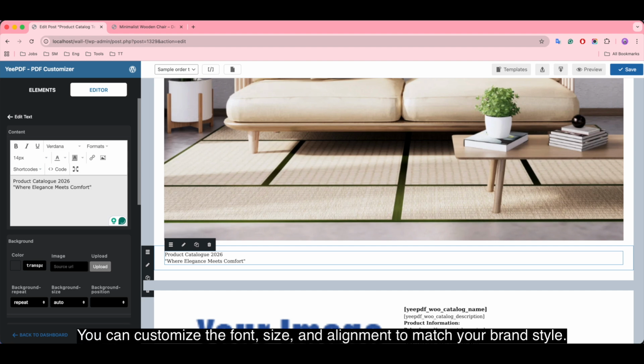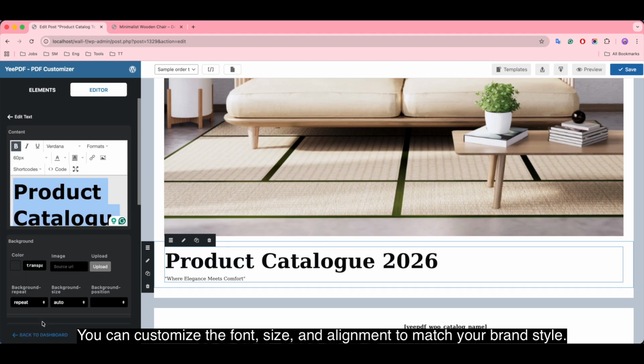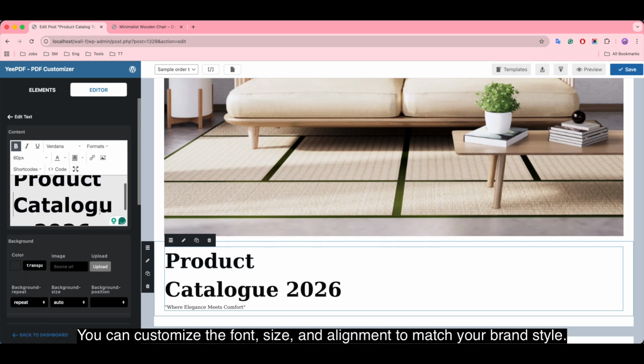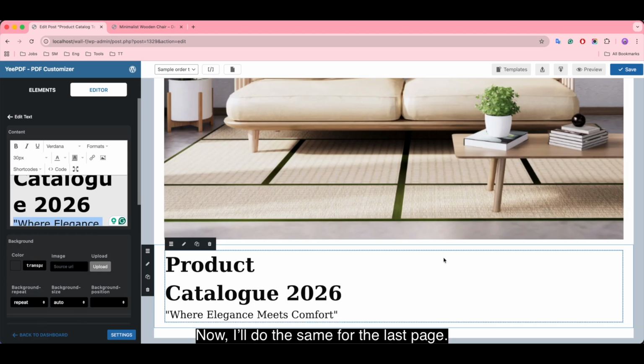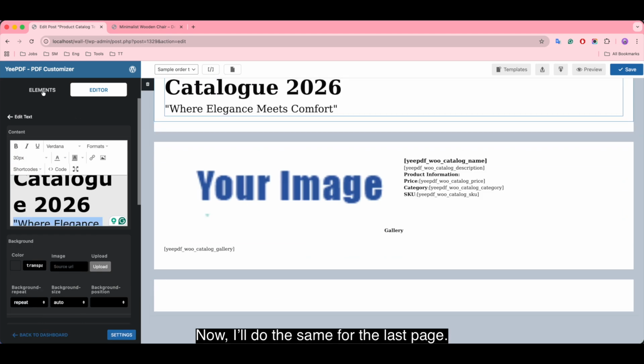You can customize the font, size, and alignment to match your brand style. Now I'll do the same for the last page.